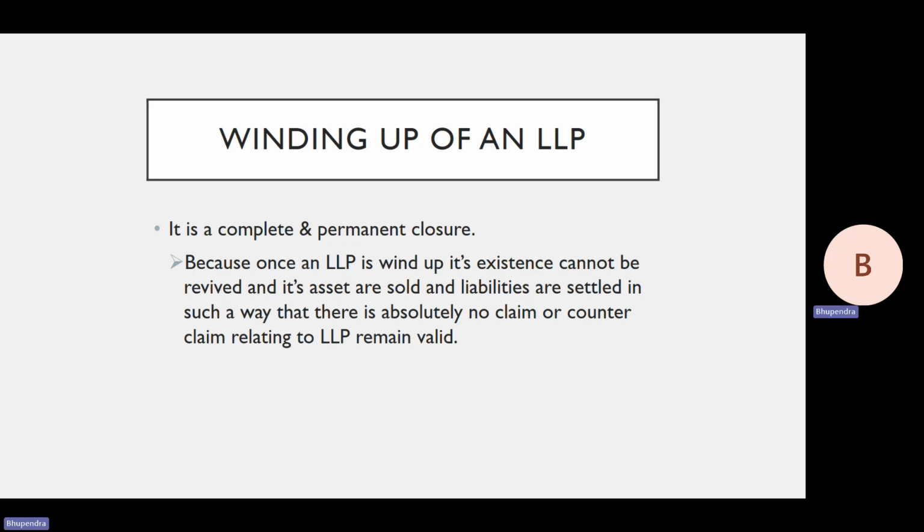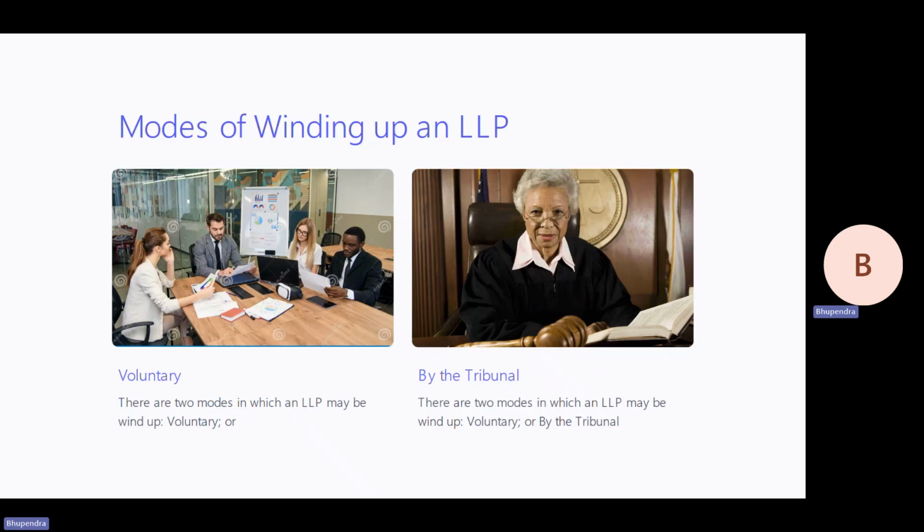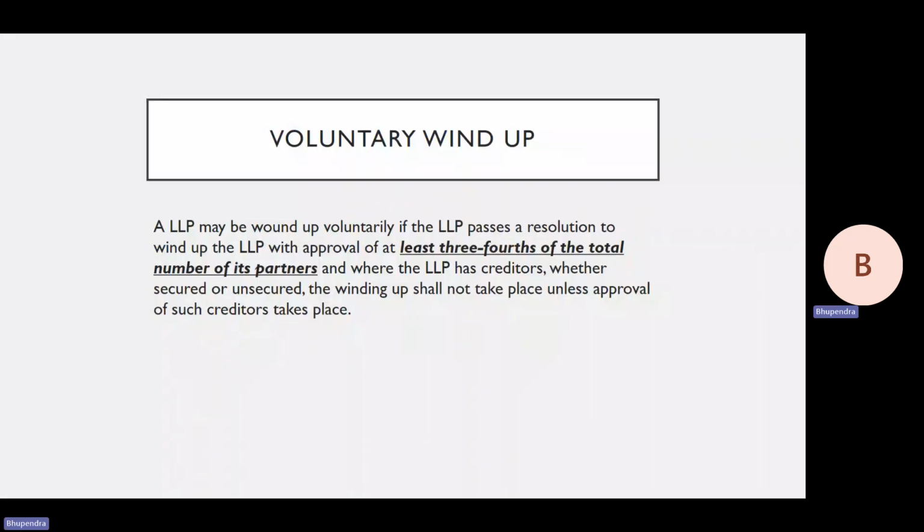Because once an LLP is wound up, its existence cannot be revived and its assets are sold and liabilities are settled in such a way that there is absolutely no claim or counterclaim related to the LLP that remains valid. Modes of winding up of an LLP: there are two modes, voluntary or by tribunal. Voluntary winding up: an LLP may be wound up voluntarily if the LLP passes a resolution to wind up by